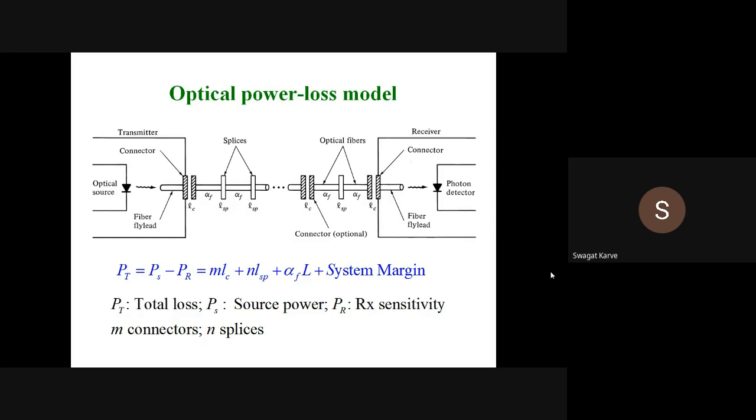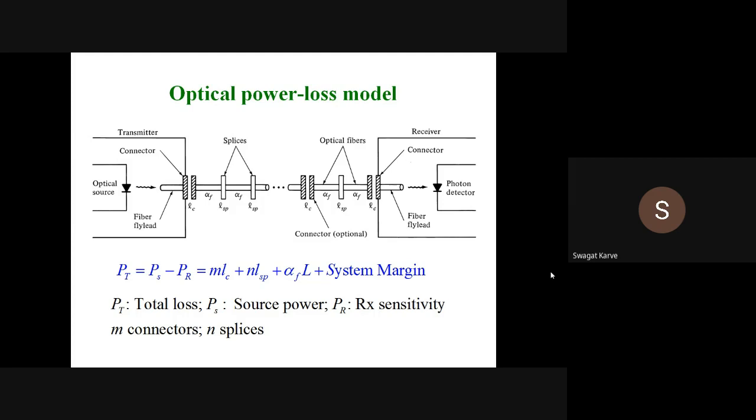So you have to consider that attenuation loss, that is alpha f into length. Then you are using different splices and connectors. Each connector and each splice will contribute to the loss. So you have to consider the loss because of these connectors and splices,